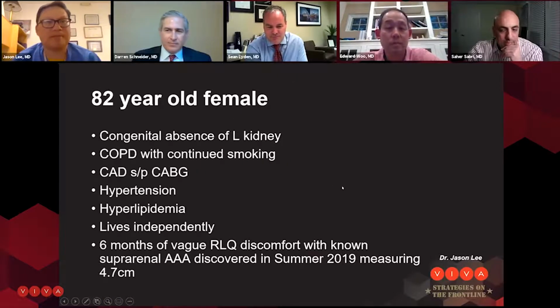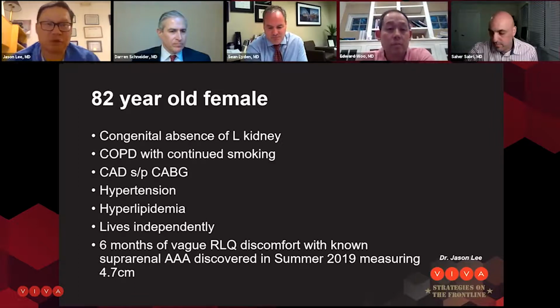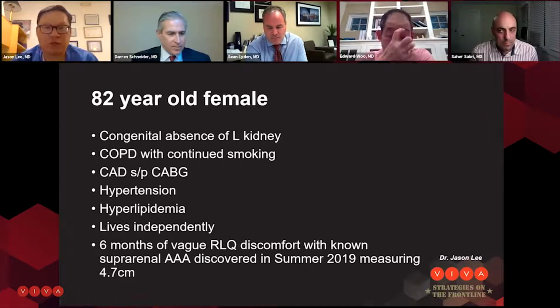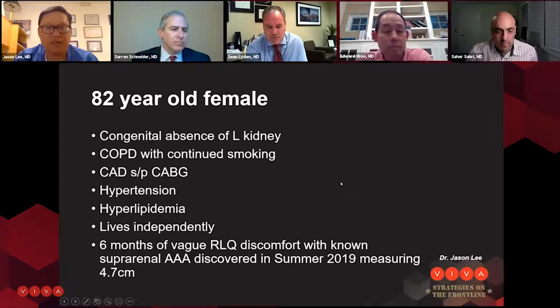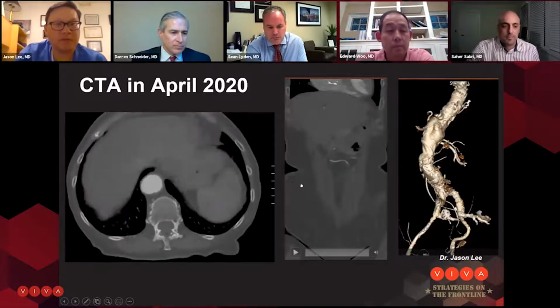No disclosures. Okay, this is an 82-year-old female, congenital absence of the left kidney, COPD, continued smoking, coronary disease, CABG, hypertension, hyperlipidemia, but actually lives independently, gets around pretty well. 6 months of vague lower quadrant discomfort, found to have an aneurysm in summer of '19, measuring 4.5 centimeters. Sent over to me due to continued discomfort and a CT scan done 2 months ago, right around